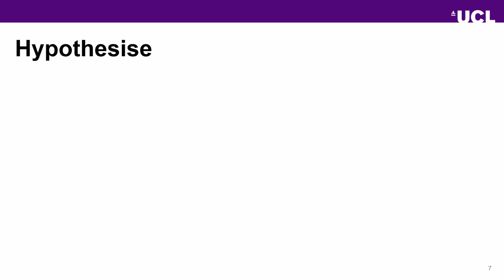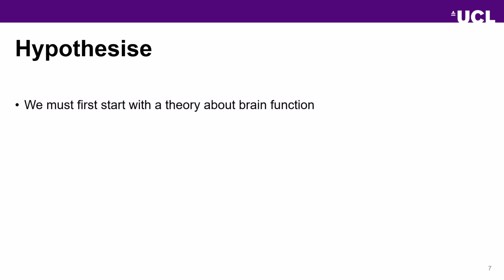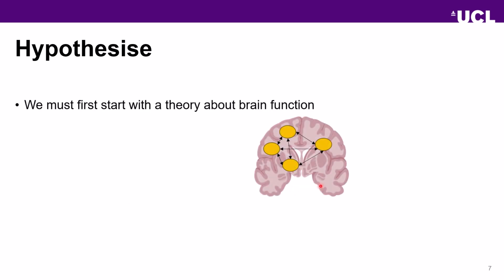So how do we do that? We first must hypothesize. So we must start with some theory about brain function. So perhaps again, this is our model. This is our theory of how these brain regions are connected. And I'm just going to pause for a second and talk about DCM and how it is not all about comparing models. While a lot of DCM is about comparing different models or perhaps changing them a bit or looking at what covariates are important in a particular hypothesis, you can just use it for a single theory or model and just use it to estimate the parameters or the connectivity of that single model.